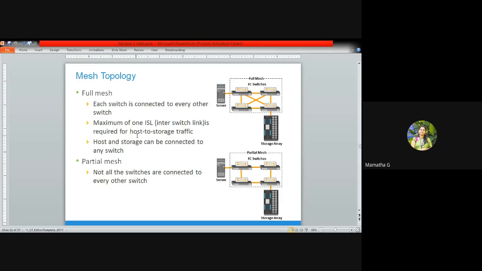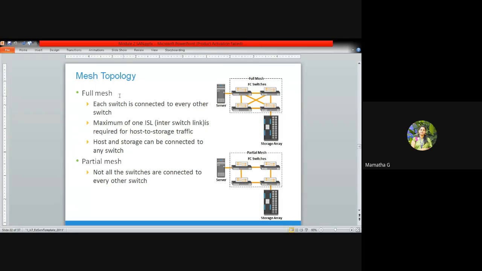In computer networks, you differentiate the topologies according to the structure, but here we'll differentiate each and every topology according to the connections or the switching ports. See here in mesh topology, you can see in the first diagram.